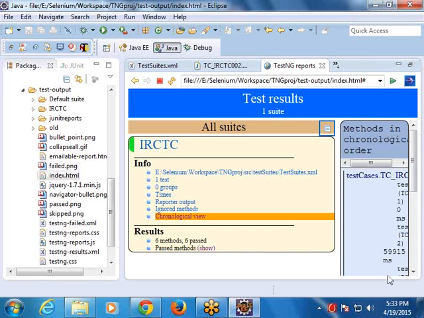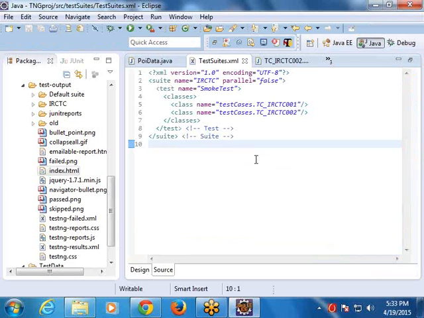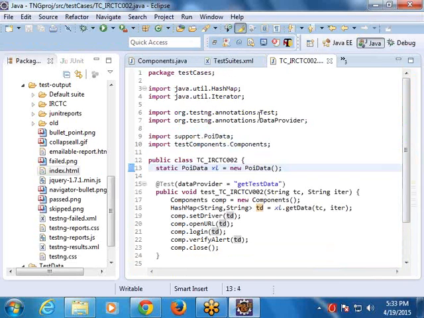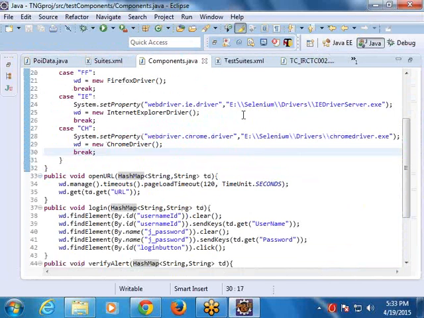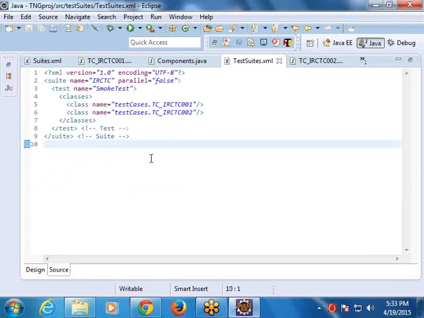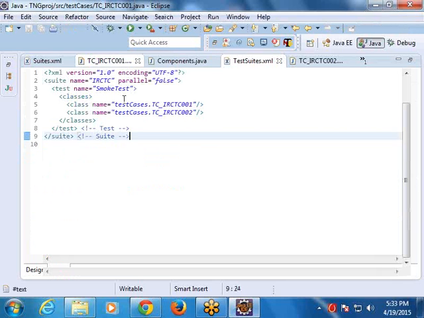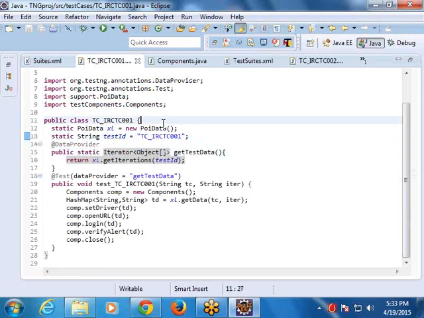Same test case names will be displayed. Okay, got it. First you try this. You try this once, any one case using the TestNG framework. Execute that,